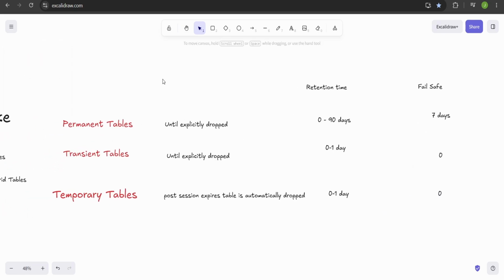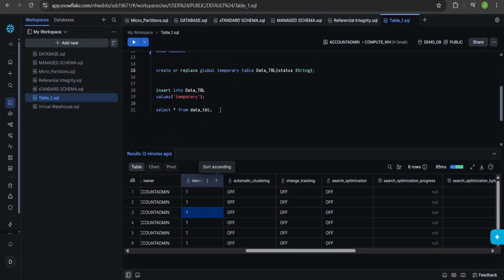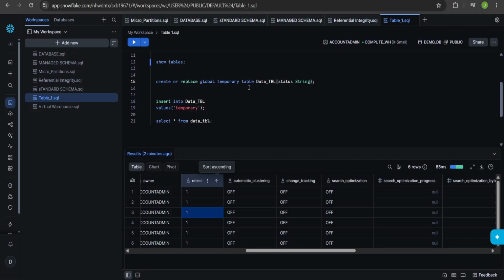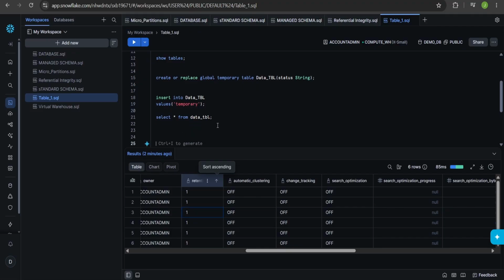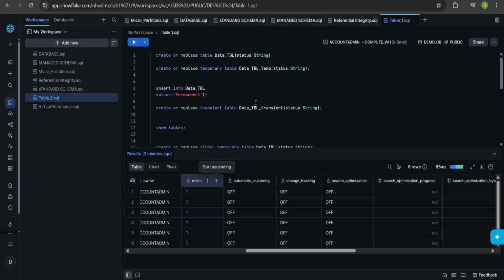Now let me show you one more thing. As you know, this is my temporary table. Can I clone my temporary table on top of a permanent table? Let's try to do that as well. I will say create or replace temporary table, and I will name this clone_temp, and I will say clone, and then I will mention my permanent table, this one.